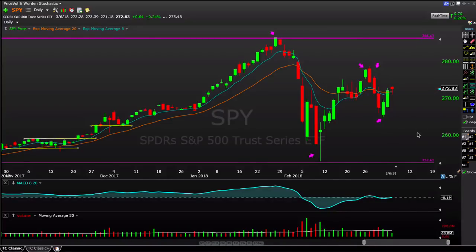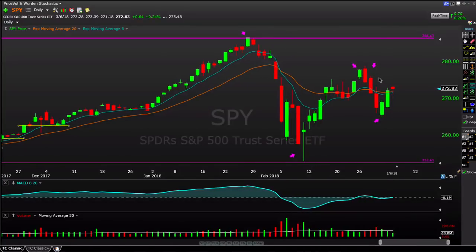We are back to retesting that level. We have flat 8 and 20 period moving averages here. So some of the fast moving averages are very flat in here, which indicates, again, indecision, choppy markets, back and forth trading when there's no trend